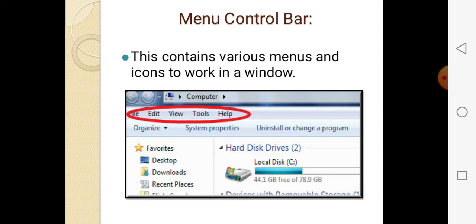What do we call the one that shows the location? The address bar shows the location, and the menu bar contains menus and icons that work in a window. So file, edit, view, tools and help are the menu control bar.